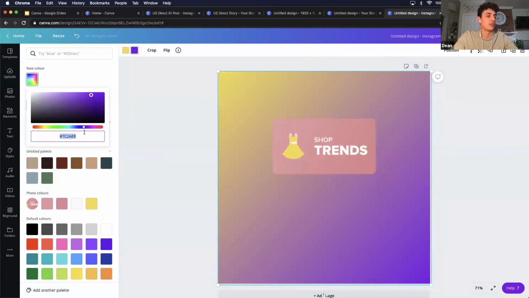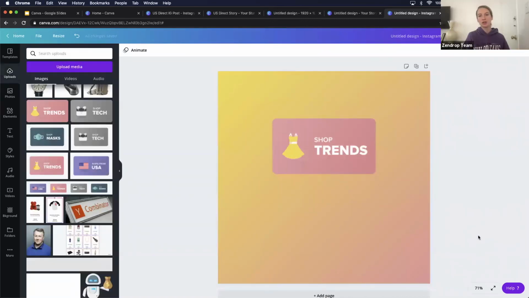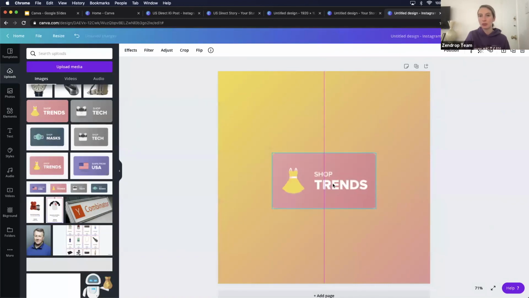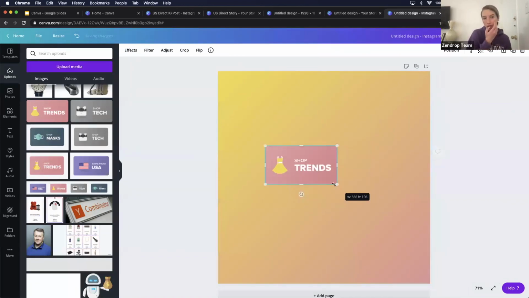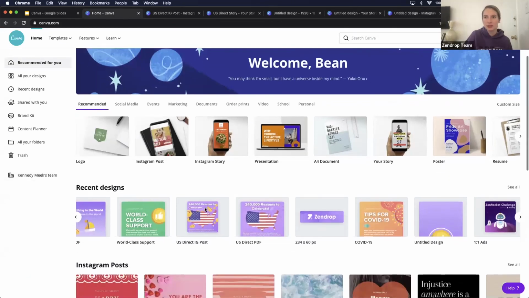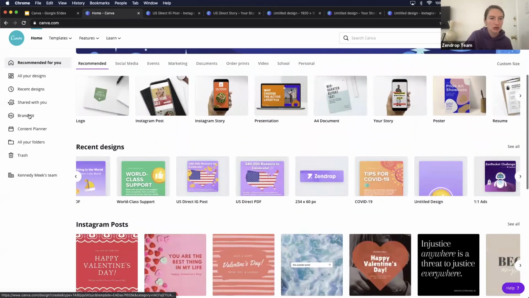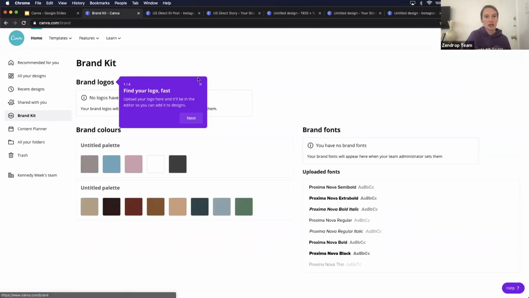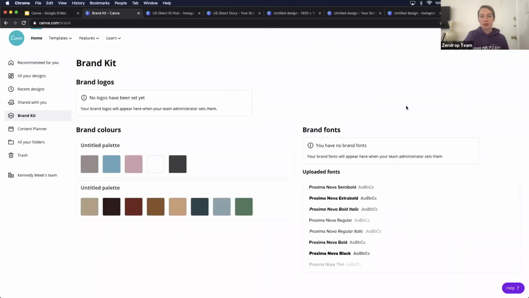Just a good feature. Not only that, Canva Pro gives you the opportunity to save all of your branding elements as well. So, Dean, if you want to go to that section of the homepage. Yeah, let's do that. Ours is not built out here because I believe this is my personal Canva, correct? But if you go over to brand kit on the left-hand side, you can see you can create a color palette.